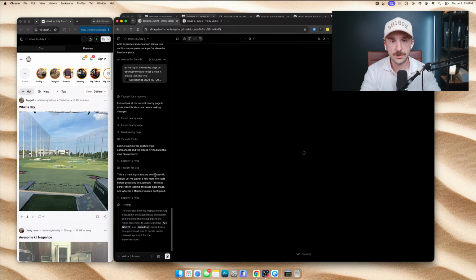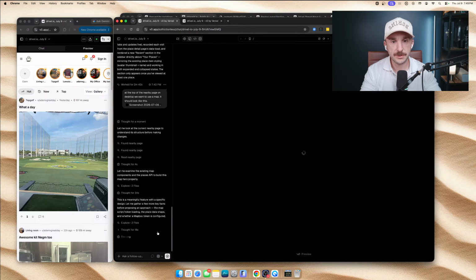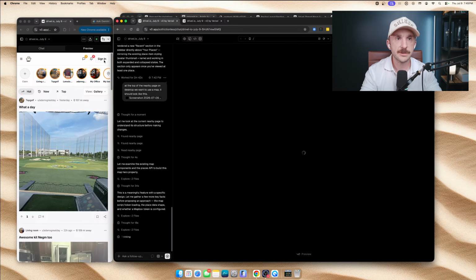Okay. So like I said, this is a little bit of a big page. This is a meaningful feature with a specific design. Let me gather a few more key facts before proposing map script token, data shape, and whether it's configured. It is. Mapbox token, I'll definitely use a real dark Mapbox map rather than a static one. Okay, good. We're making progress, boys and girls.